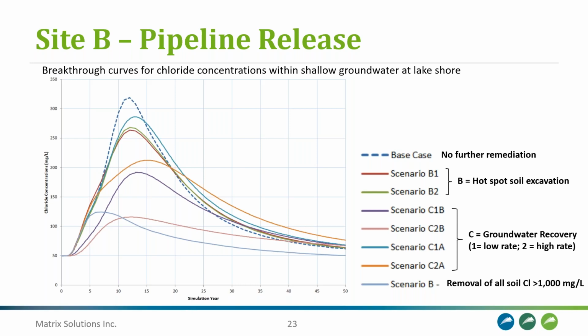So we had the 7 other remediation scenarios that were simulated for various soil excavation areas and just different groundwater recovery scenarios. And when you compare the peak concentrations discharging at the lake, the differences are actually not that large for most of the scenarios, except for that light blue line way at the bottom, and that's excavation of all soil with equivalent pore water concentrations greater than 1,000 milligrams per liter. And this is a volume of almost 170,000 meters cubed of soil, so a very large soil excavation. And then scenario C2B, which is this light pink line at the bottom as well, and that's groundwater recovery from quite a few trenches at a pretty high cumulative rate of about 100 meters cubed per day, so pretty aggressive groundwater removal.